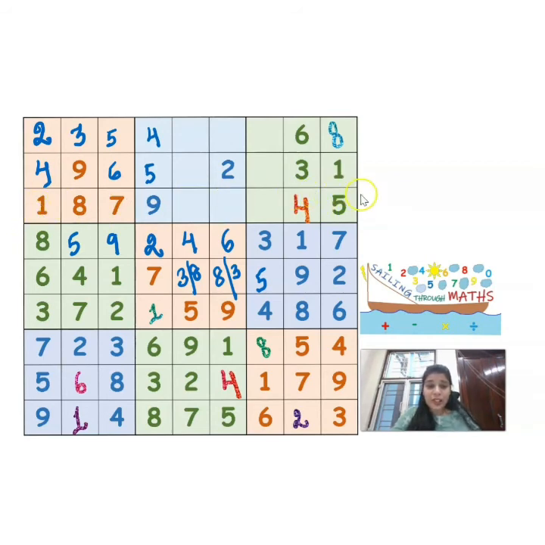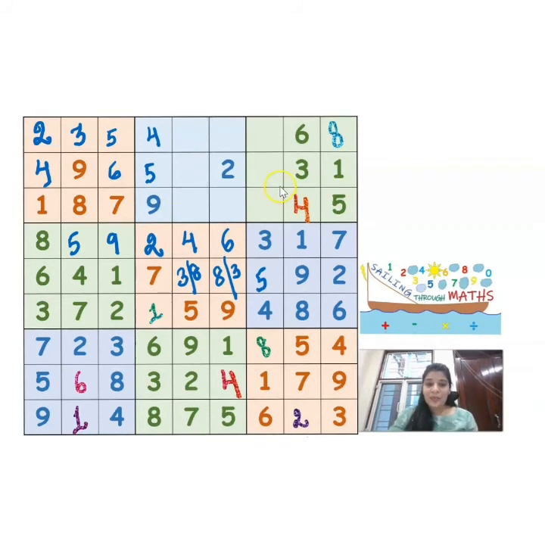I'm moving on to the 3rd row now, where we can clearly see that 3 numbers are missing. And what are those 3 numbers? 1 is there, 2 is not there, 3 is not there, 4, 5 is there, and again 6 is not there. So 2, 4 and 6 are the numbers which are missing from our 3rd row.